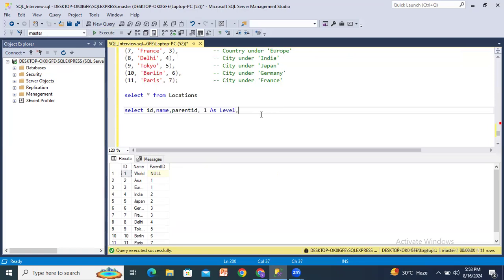Next, we'll consider cast. Here I will write cast of name, and again one more brace, as varchar of max. So this complete thing will be called hierarchy, from the table locations,